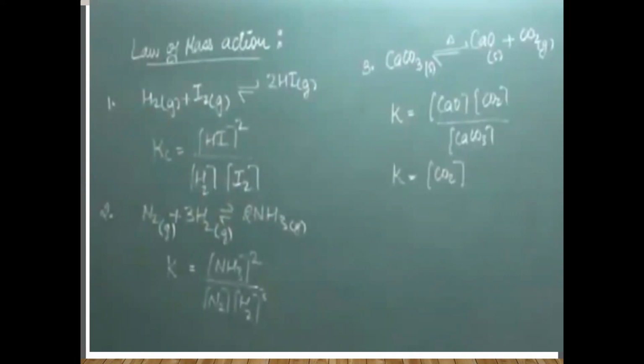In solid and liquid state, concentration remains constant, that is equivalent to 1. So here we can put the concentration 1 and here also 1. It means the value of the equilibrium constant depends only upon the concentration of carbon dioxide, because only carbon dioxide is present in the gaseous state. The other two compounds are present in the solid state, and the concentration of a solid is 1. Clear? So if we have anything in solid or liquid form, we will take concentration as 1. Clear? Now we will move to the next.